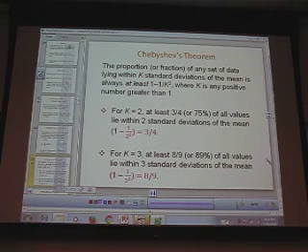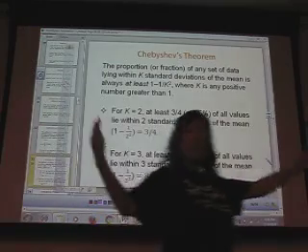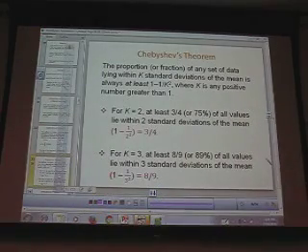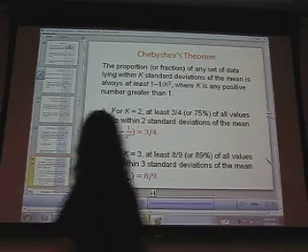So someone before had said, well, does that violate what we just learned a second ago about roughly 95% of the data lying within 2 standard deviations? So earlier we talked about the usual values, 95% usually lie within 2 standard deviations. Is 95% at least 75%? Yeah, so it totally falls within that. Does that kind of make sense? All right, so